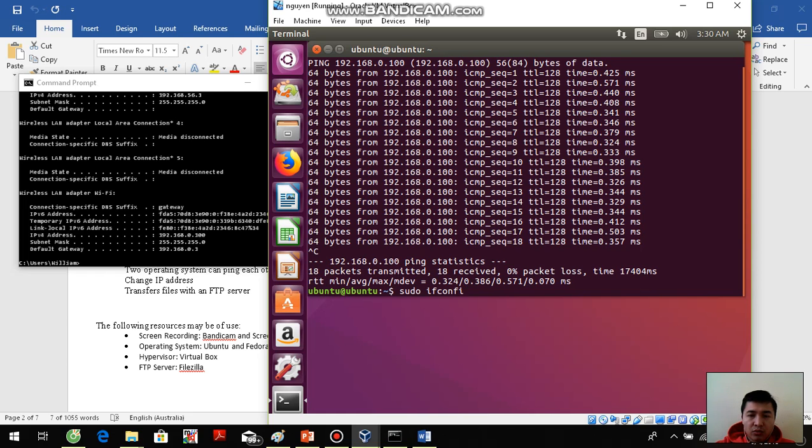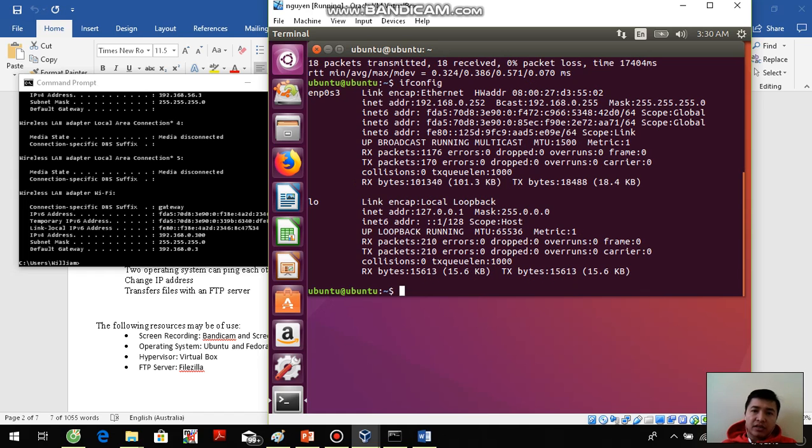Windows uses ipconfig, but in Ubuntu we use ifconfig. Sorry, first of all, we have to know what the IP of the Ubuntu is. So we type ifconfig first to check the IP. The IP right here is